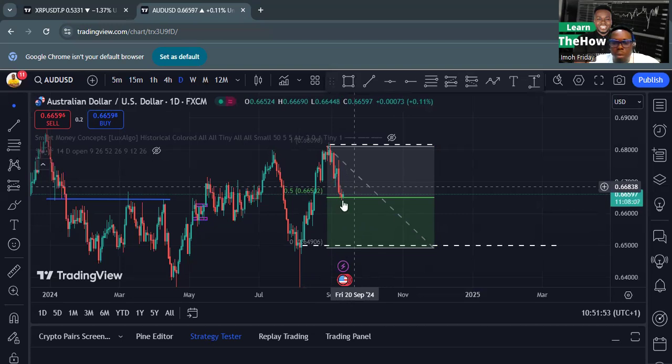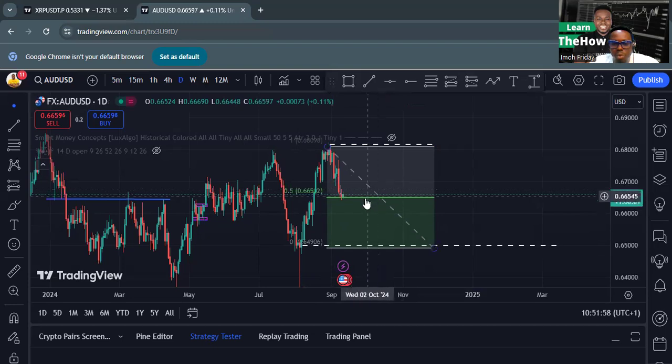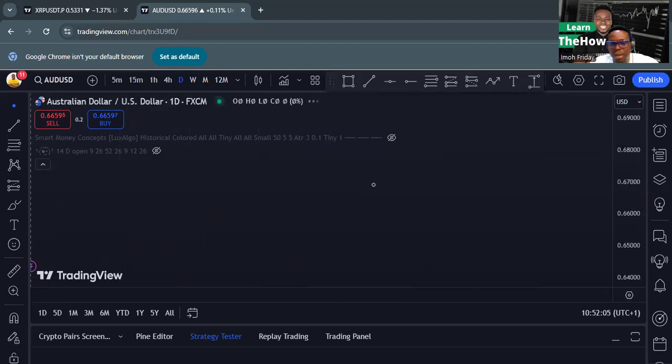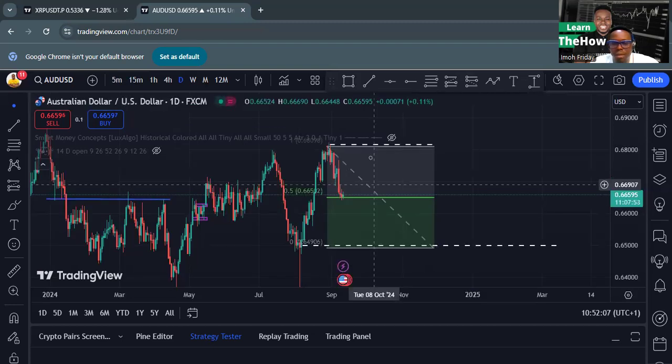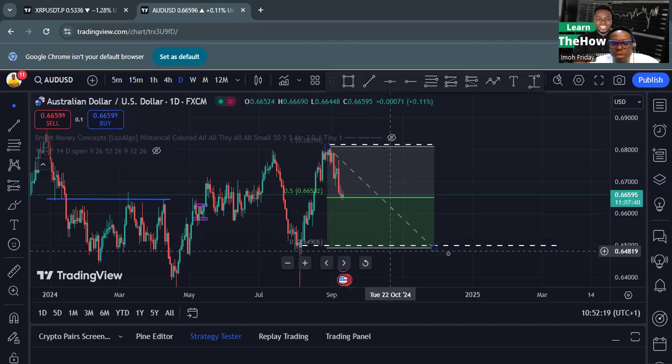Now I'm going to wait for this pullback to happen. This pullback probably pulls back up to this very point here. If you pull back to this point, then I will enter a sell. Sorry about that. So if it pulls back up to this point, I will enter a sell. If it pulls back to this point, we'll enter a sell again with anticipation of it coming fully down to 100% Fibonacci